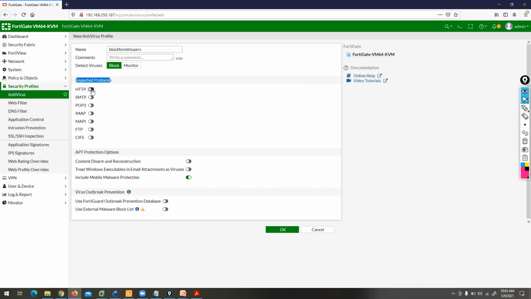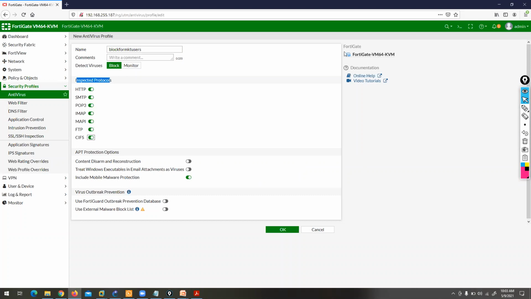For example, the user is trying to download a malicious file through HTTP, or some information through mail or any application: POP3, IMAP, MAPI, FTP, CIFS. If you inspect all the protocols and the file is infected with a virus, it will be detected. But guys, you can see there is no option for HTTPS.